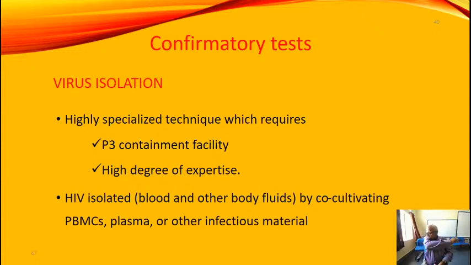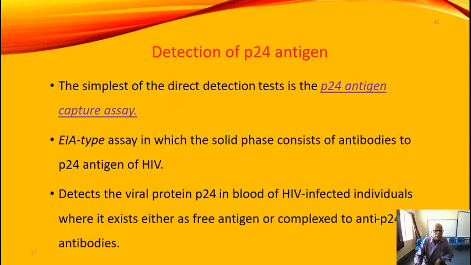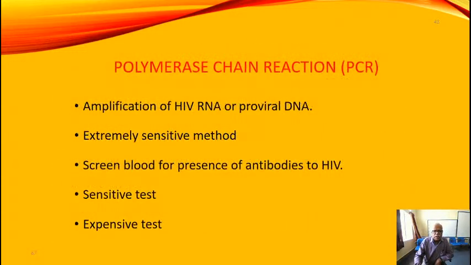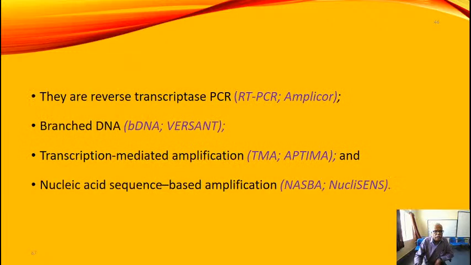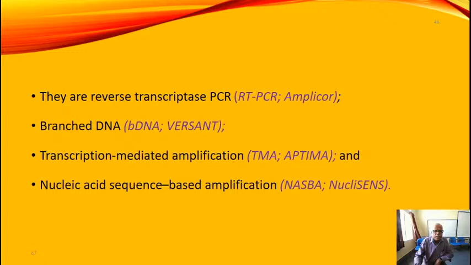Viral isolation, or P24 or culture sensitivity, is also 100% specific and sensitive. P24 antigen we talked enough on, and PCR we talked enough. The various methods are there. There's branched DNA and RT-PCR, real-time PCR, then transcription mediated amplification, then we've got nucleic acid sequence